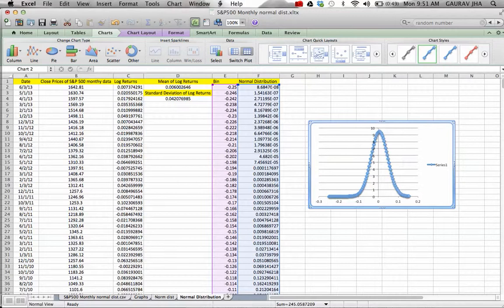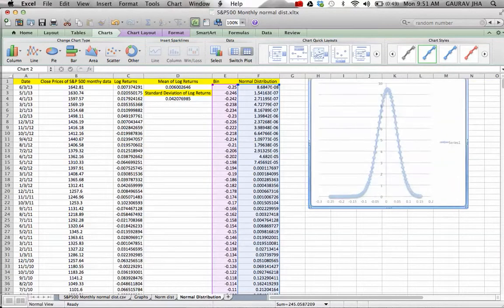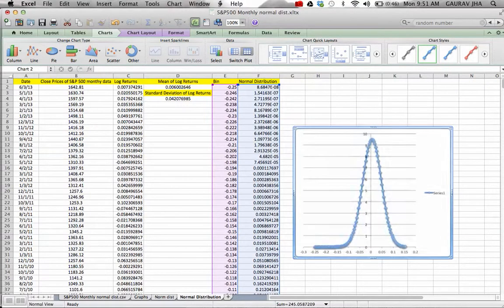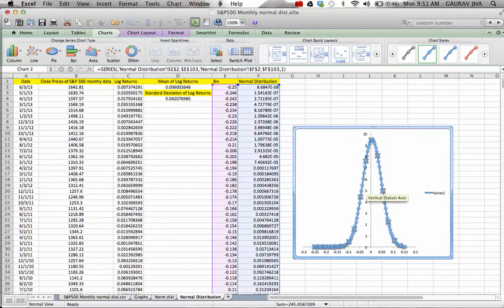We can further make changes to this graph and make it more comprehensible and more aesthetic as per our own convenience. Things like we can always delete these lines, and we can again make it smooth.